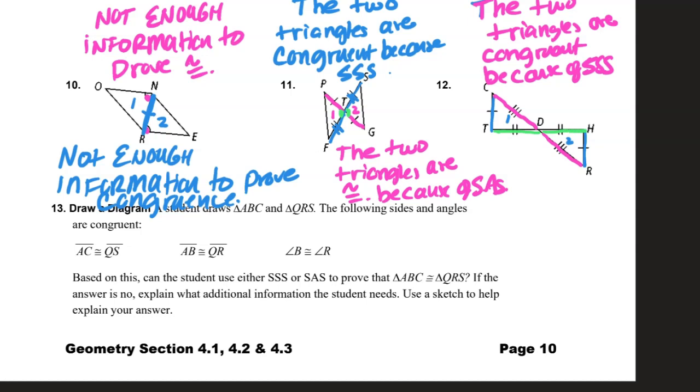So these two triangles are congruent because of side, side, side. They also have vertical angles that are congruent, which is the included angle. So these two triangles are congruent because of side, side, side, and we can also use side, angle,